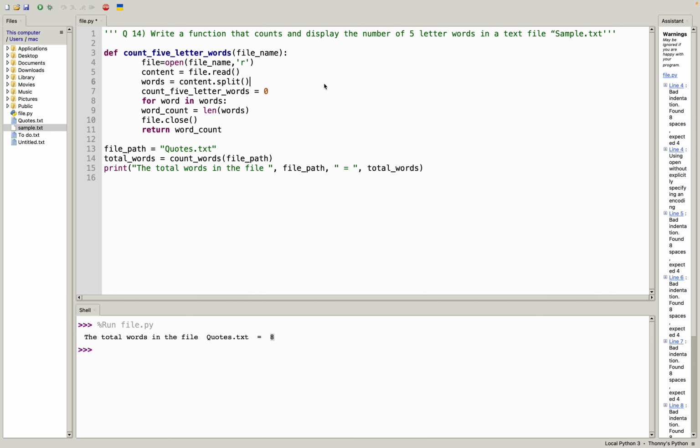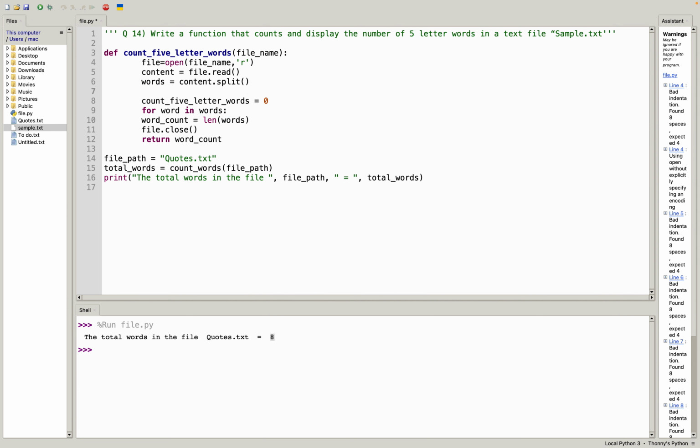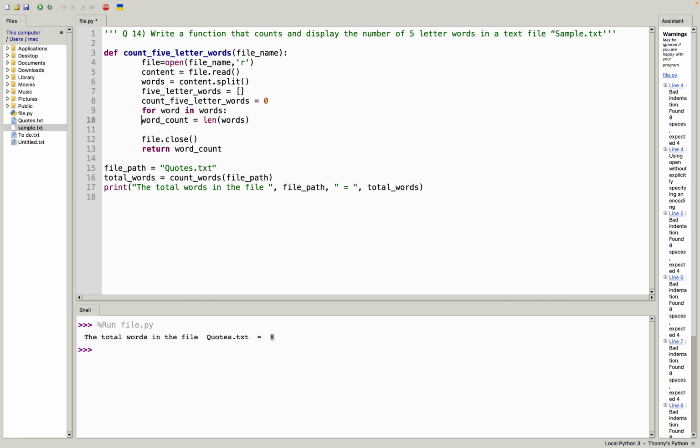We have to also create a 5-letter words list. And how do we do it? It's an empty list like this. So here in the for loop, we remove this one, right? We don't need to close it yet. Under the for loop, we just say if